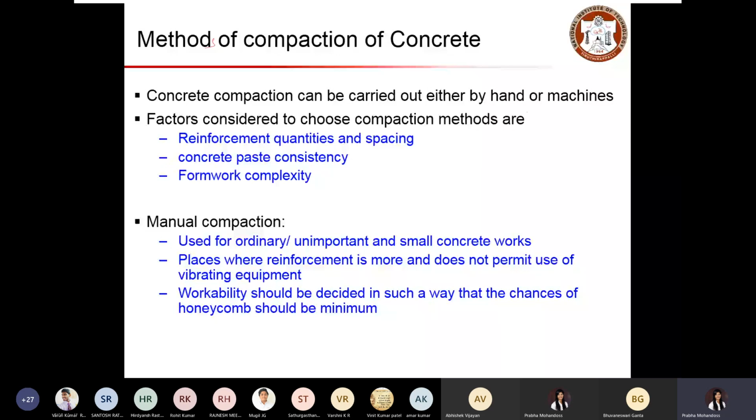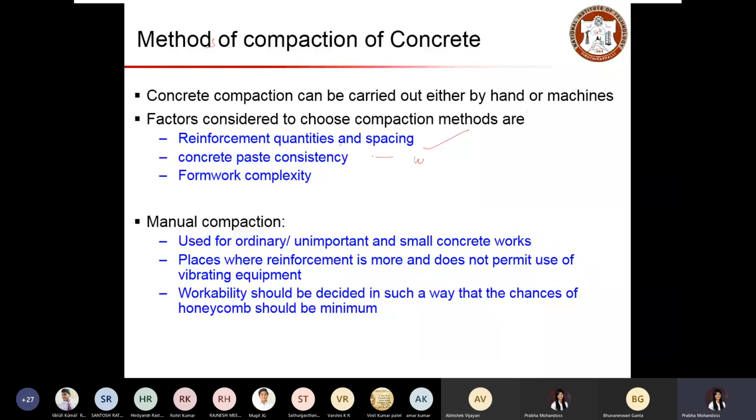If the reinforcement placing is too close, you will have congested reinforcement. If you have congested reinforcement, sometimes manual compaction may not be advisable. So the number of rebars and the spacing between the rebars will determine the compaction method you have to choose. And then the concrete paste consistency, that is the workability of concrete.